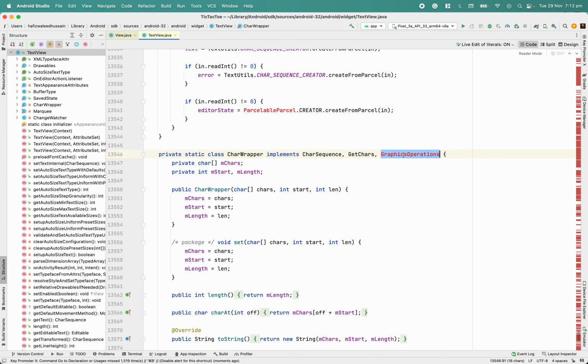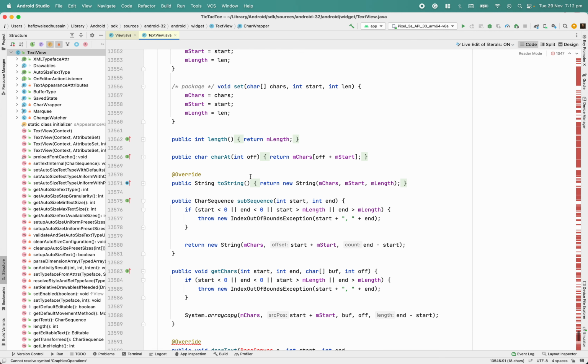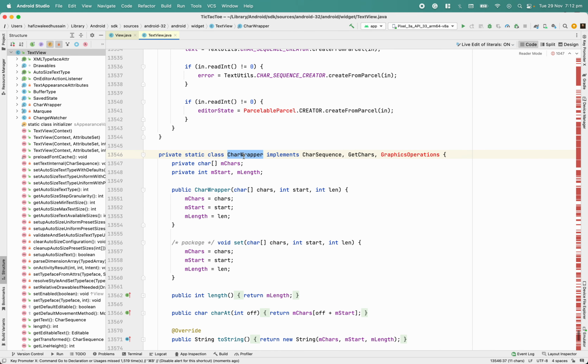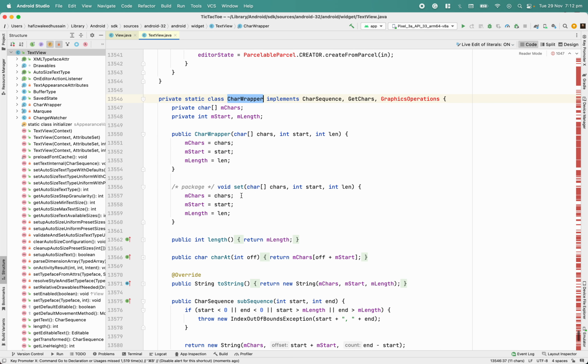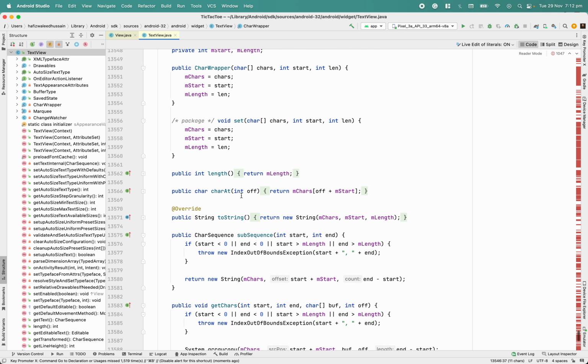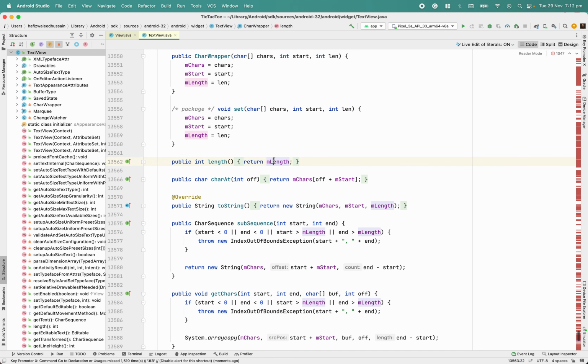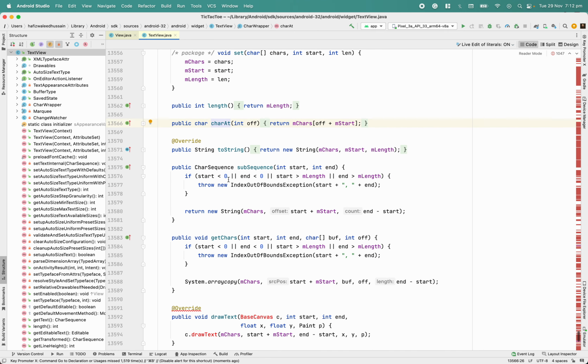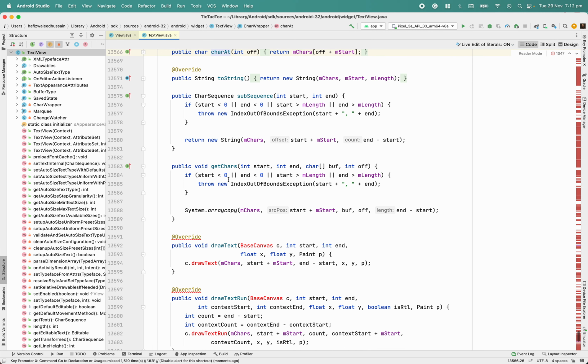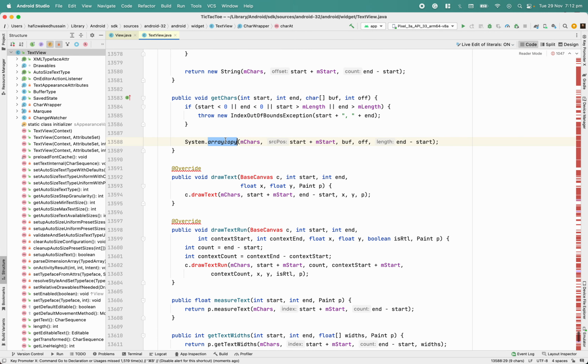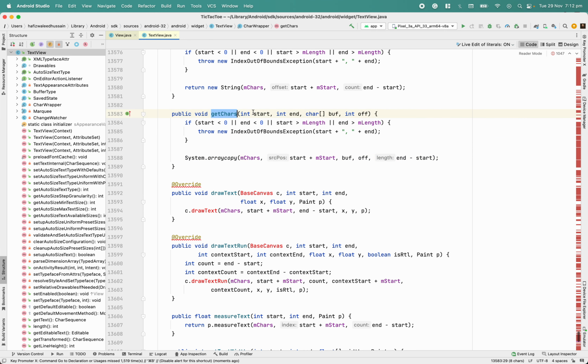Okay, GraphicsOperations. And under the hood, are they using this to handle the TextView when we do setText? So we can read this. Length, charAt, string getChars, System.arraycopy. And when they are doing the copy, when I'm saying okay, getChars with start and char buffer offset, if it's not an issue, then